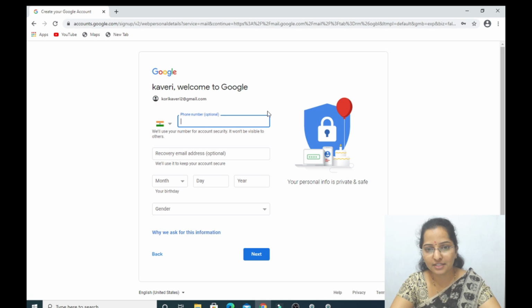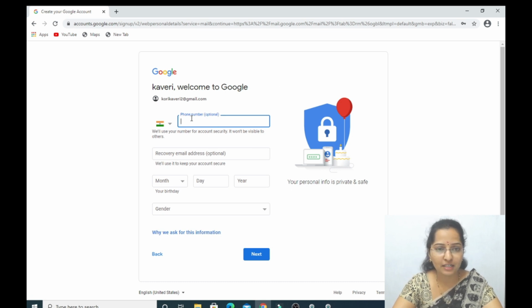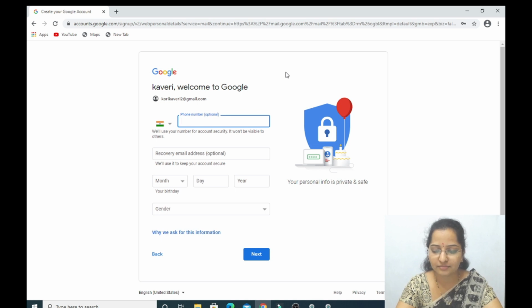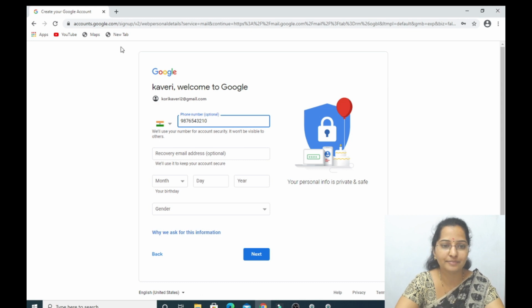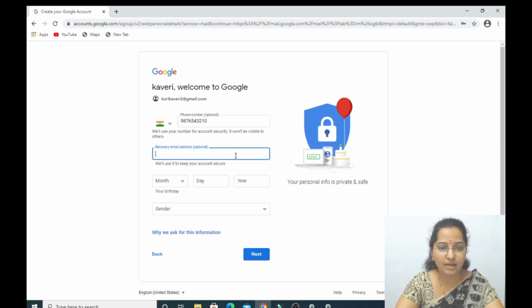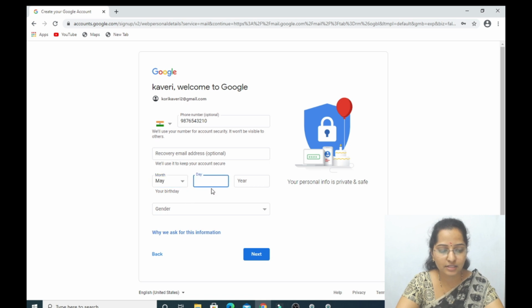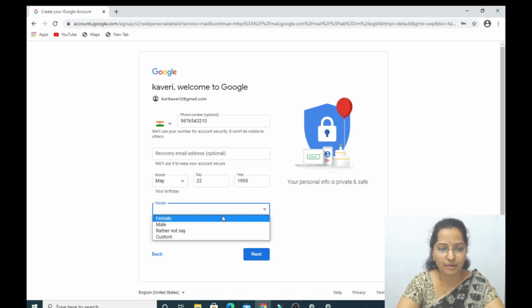After setting your password, write your phone number. See, you have to enter your phone number. I will just write a dummy number. I just want to show you how to do that. After setting a phone number, the recovery email is optional, and you have to enter your date of birth. Just enter. And write your gender, male, female.